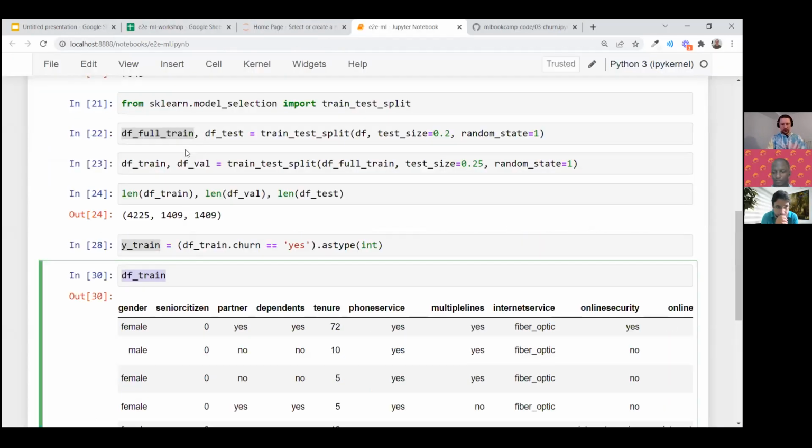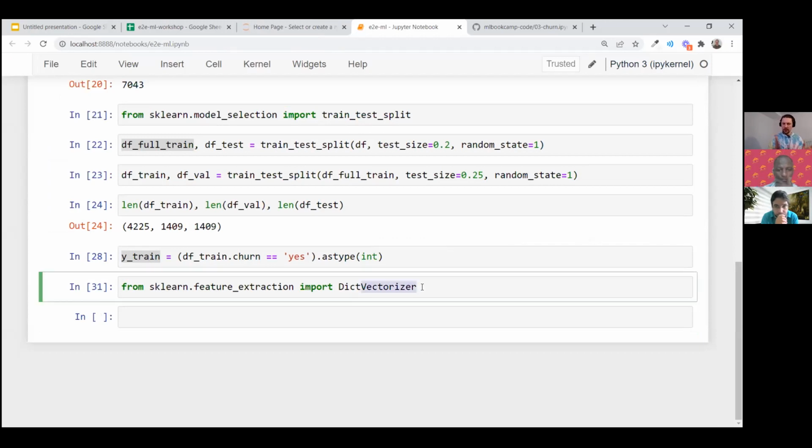And for that, again in scikit-learn, there is a special thing. I think it's in feature extraction, and it's called dictionary vectorizer, or DictVectorizer. This process of turning categorical things, or just some things, into vectors is called vectorization. And this is exactly what we are doing here. We have a bunch of categorical variables, and we are turning them into vectors, numbers. The first part here, dict, means that it works on dictionaries. But we do not have dictionaries, we have